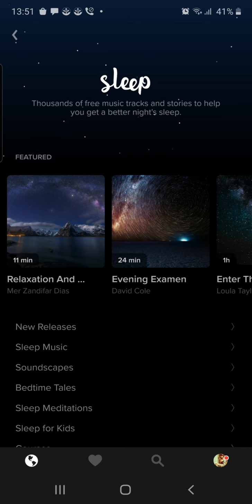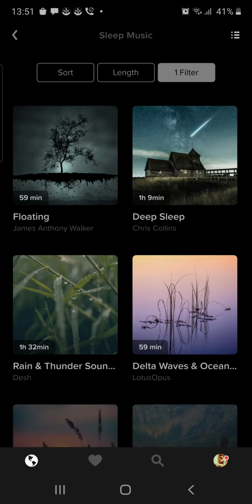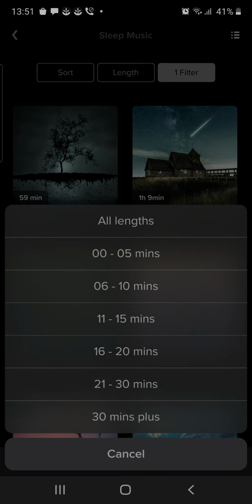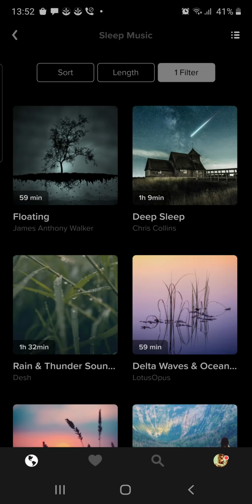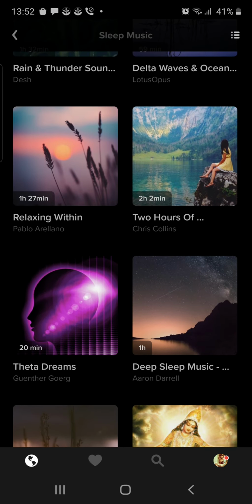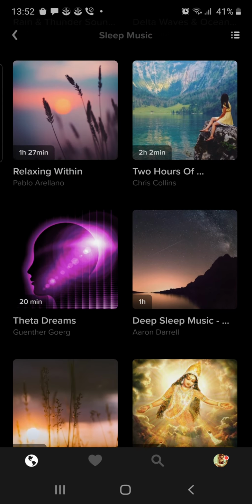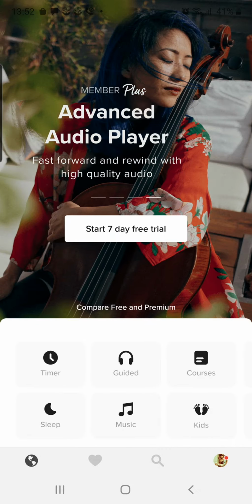If you want to just use music while you're sleeping, you see new releases, sleep music, just choose sleep music. Again, here you have an ability to choose the length, how long you want this to be playing in the background while you drift to sleep. Okay, outstanding stuff. You can choose one of them.